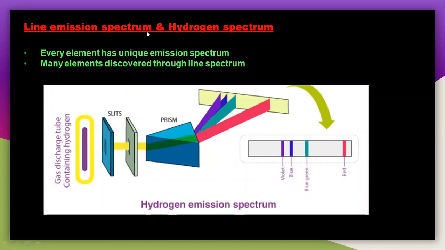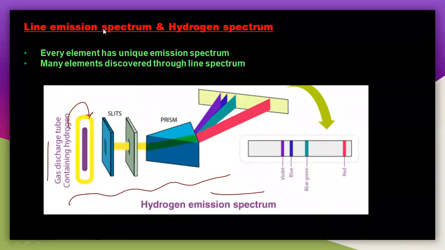You can easily understand one thing, that this is the instrumentation here. So very simple. Here is the gas discharge tube which contains the hydrogen, and see here we are intensifying the light. So what happens, you will get lines like this. So violet, blue, and this is called the emission spectrum here. So why is it an emission spectrum here? I will tell you just one thing about the emission and absorption spectrum here.